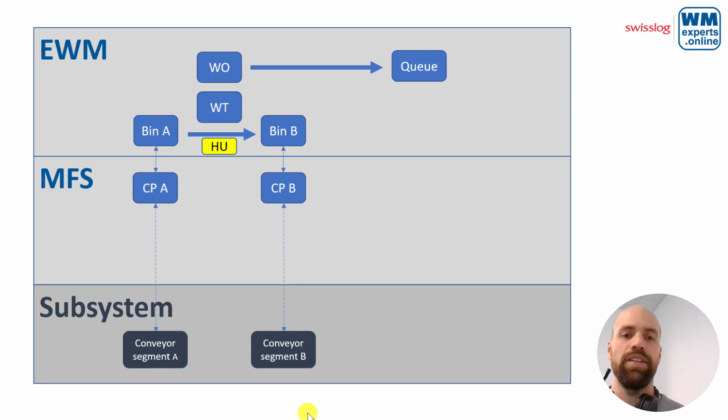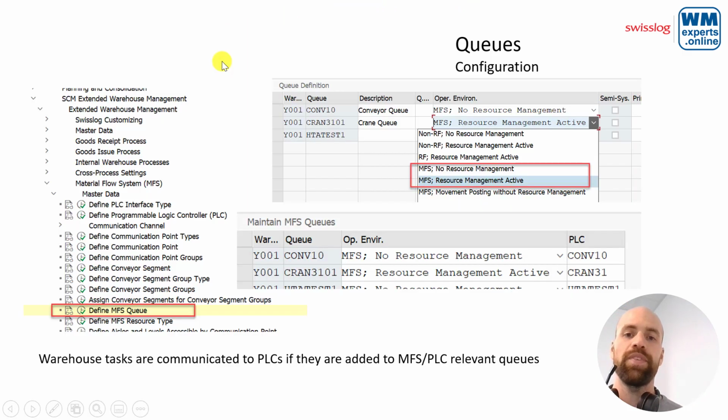Next one. So how do we actually make our subsystem do something here? Because logically we can say, okay, HU go from A to B, but that doesn't do anything yet. We want this to go from A to B physically. So how do we get from here to a physical movement? Second important object is the queue. And the queue is determined for the warehouse order, and the queue decides whether a task is relevant for the